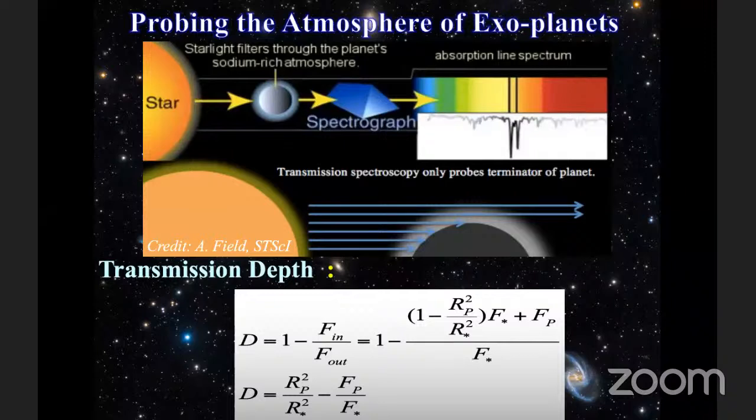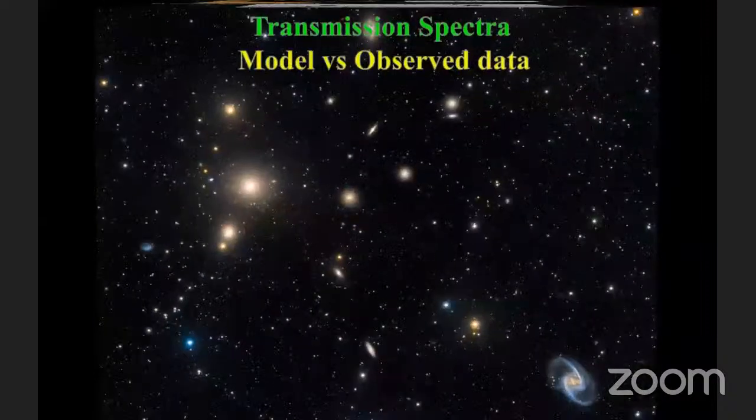And the day when we get a very good telescope and a very sophisticated instrument, who knows, we can find out the biosignature in some of the habitable planets. Nevertheless, we also need a new method. So we propose another method through which biosignature can be determined, and that is known as